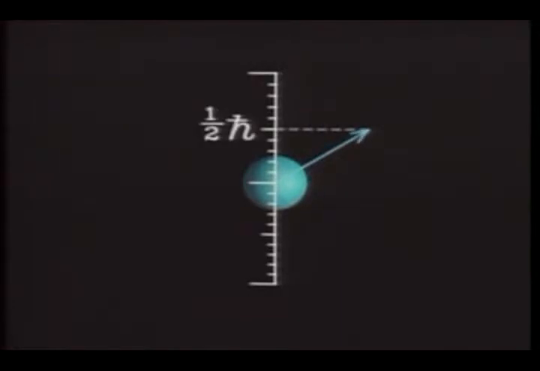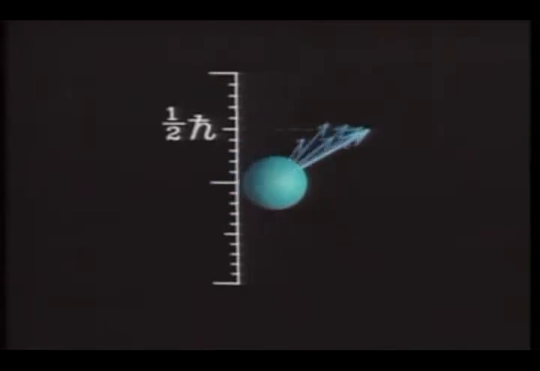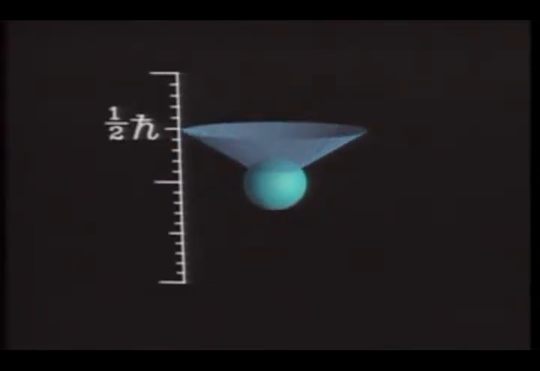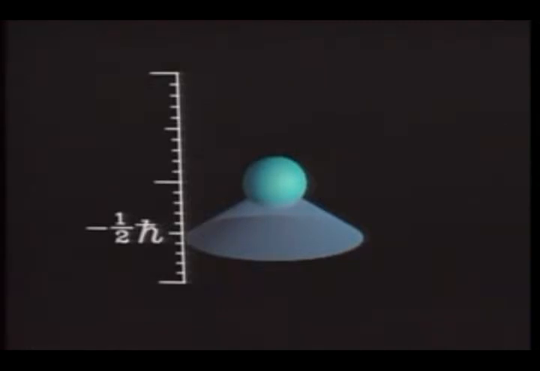Not that it literally spins like a little Newtonian sphere, but it does have an intrinsic angular momentum, just as if it did. Its magnitude is a bit less than h bar, and its vertical component is exactly 1/2 h bar. And just like the angular momentum of an orbital, the spin angular momentum can be found with equal probability in any direction along a cone. That cone and its vertical projection can point up or it can point down. Those are the only possibilities. Nothing in between is allowed.